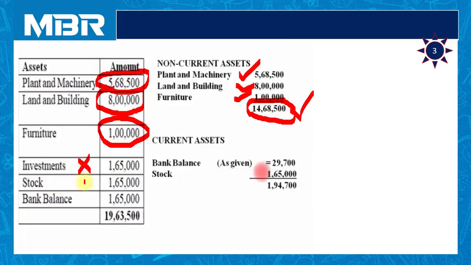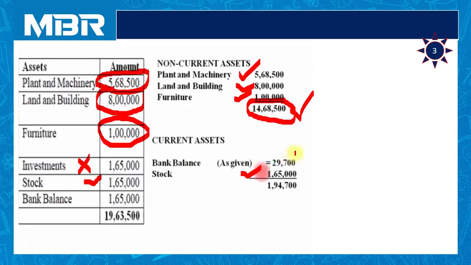Then we have stock. Stock is a part of the current asset. At this point of discussion, I would like to put to your notice that stock, inventory, debtors, bills receivable, amount receivable from someone are treated as current assets of the company. So we have to combine all current assets at the time of calculation.